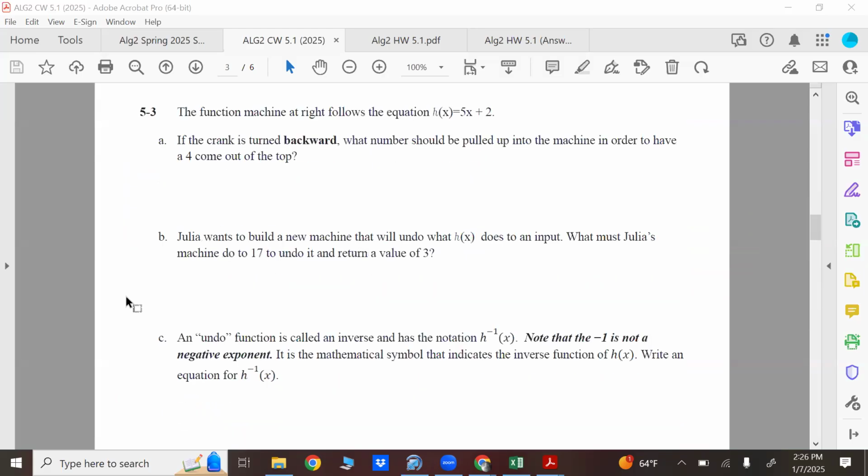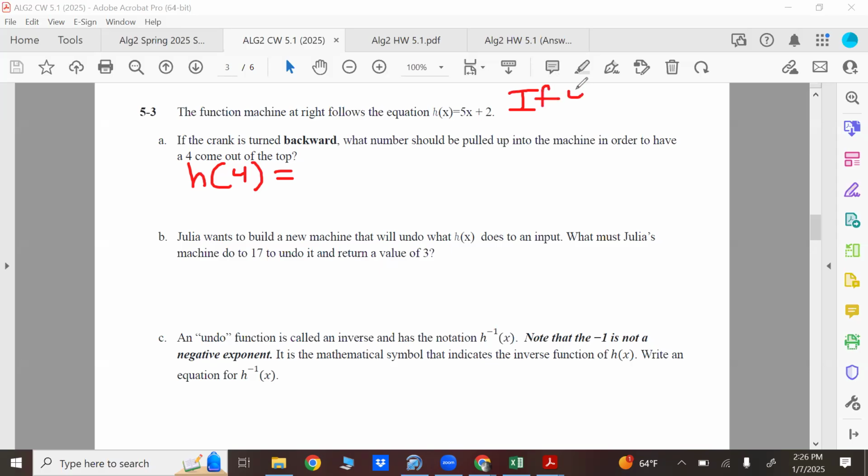Actually, well, I'll do this with you guys. Okay, if the crank is turned backwards, what number should be pulled up in the machine in order to have a 4 come out of the top? Okay, so here's the thing. So you want a 4 to come out on top. So if we want 4 to be the output,